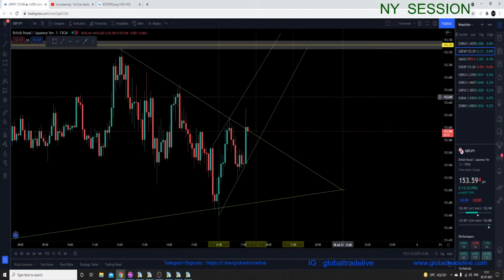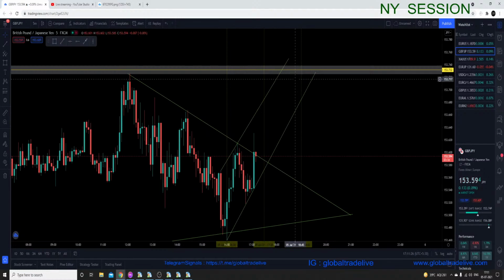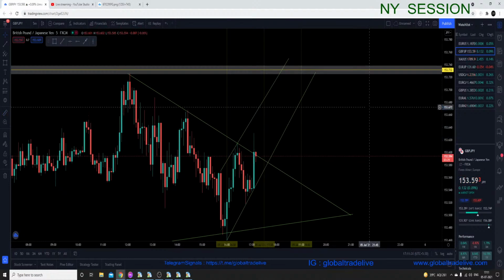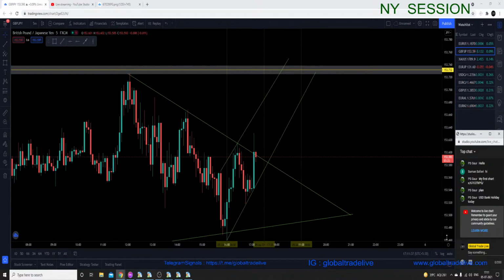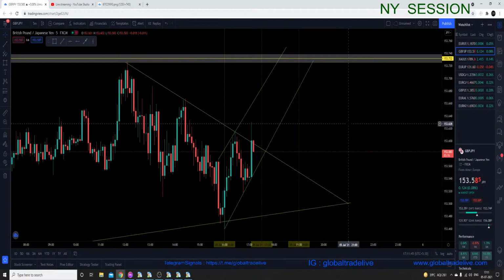But I think we can. So let's see how this candle will be closing, because now the market is currently moving in an upward channel, and we still got some room left here, around 7, 8 pips. So really need to see where the market will be going. So 1 hour is having 19 minutes left here to close, and